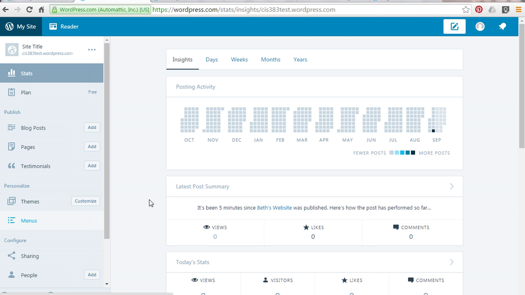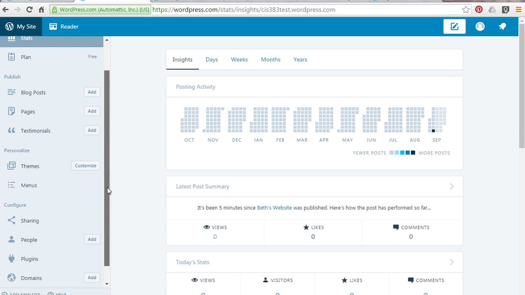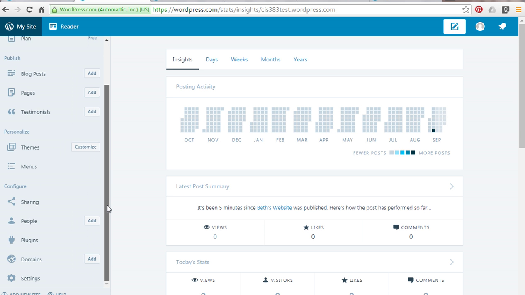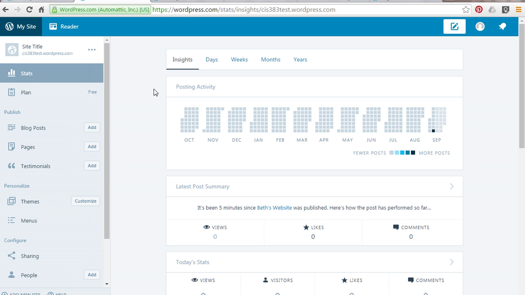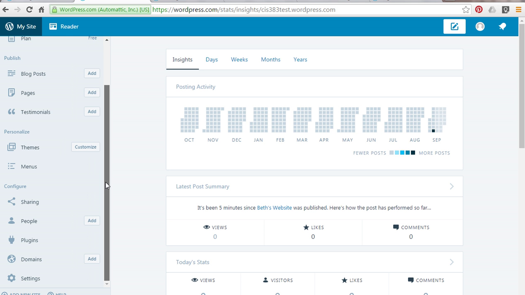So one of the benefits of WordPress is that you can see your stats on a pretty granular level of detail. You can see how many visitors there are to your sites. You can have people reply to your blog posts. You can have a pretty dynamic, interactive site in terms of not just the way things look, but people in a community. So, for instance, one of the things that you can do is you can go to your settings,